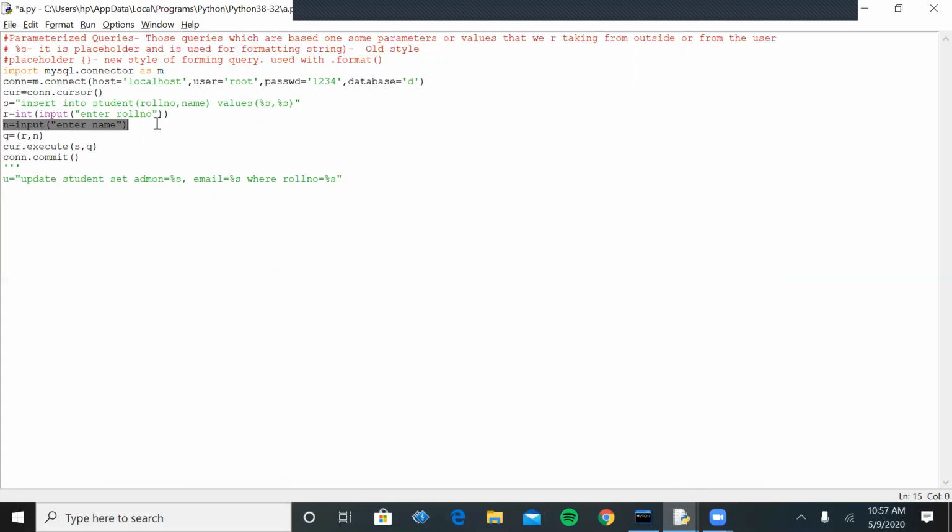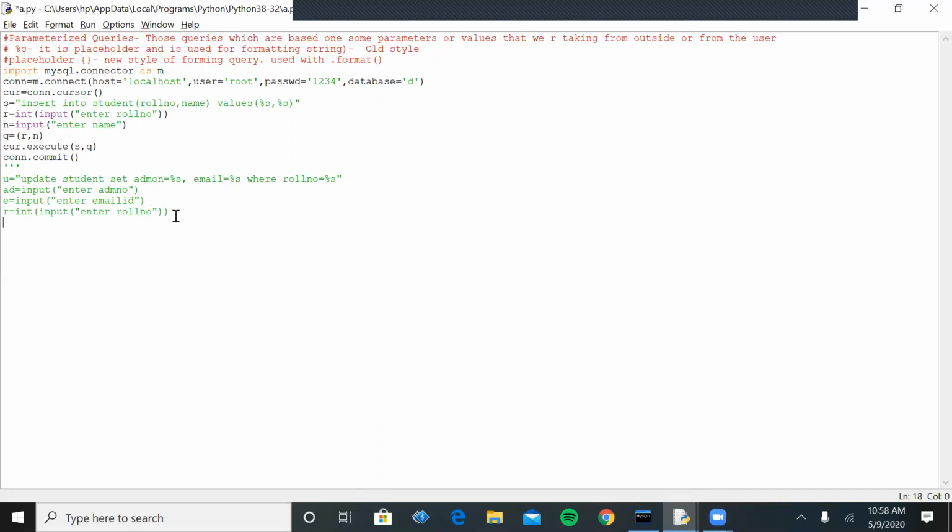Here I am taking three values from the user. First is the admission number, second is the email ID, and the third parameter which I am taking from the user is the roll number.